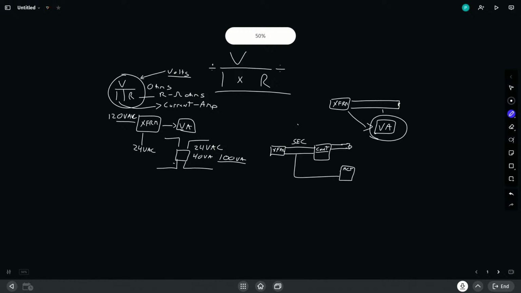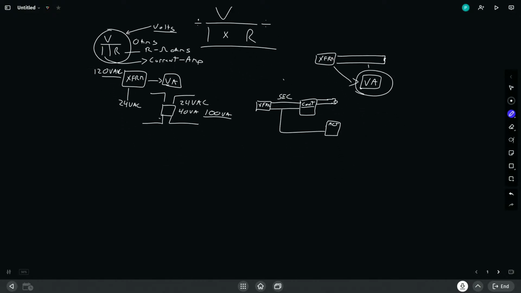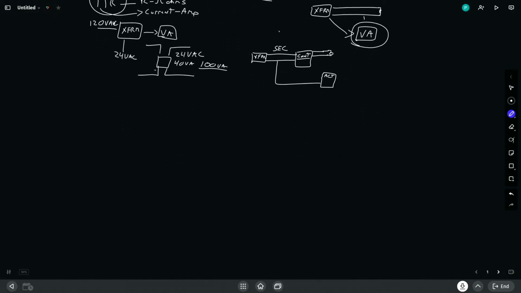All right, so continuing along this concept of voltage, current, and resistance. On a circuit, we typically use circuits extensively in building automation. What we use circuits to do typically is energize coils, and we use these coils to change the states of contacts.